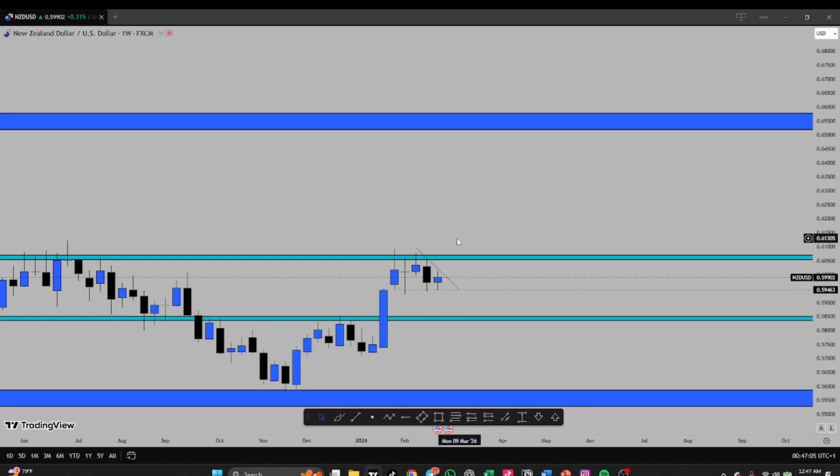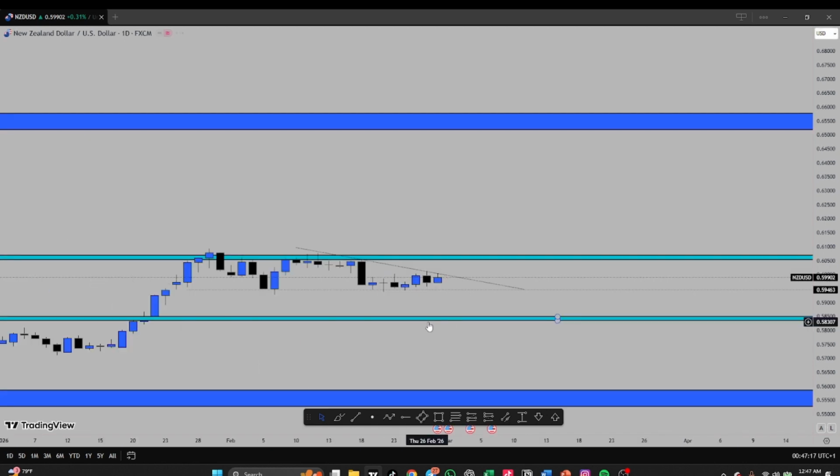Price might decide to push up, but based on what I'm still seeing, price may want to push downward. And if we are pushing downward, this is the zone I'm expecting price to get to. So on the day chart,